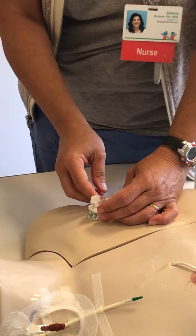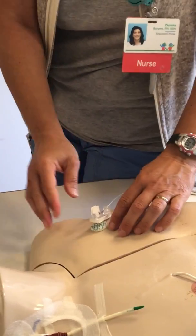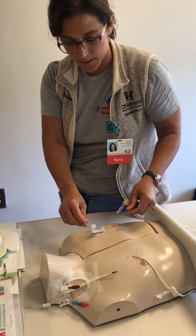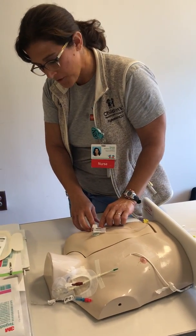If the patient has anything like a bacteria or something on there and you go through that same hole, you could be putting it into their port. So make sure you find another hole when you re-access it. As you can see,